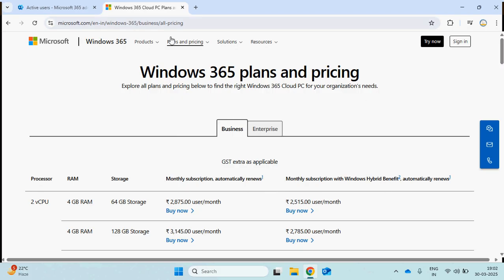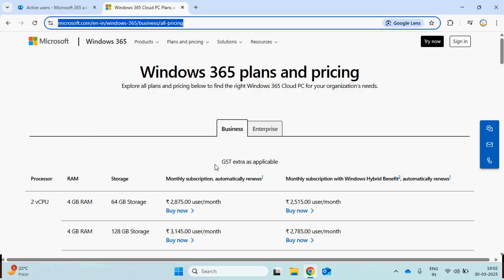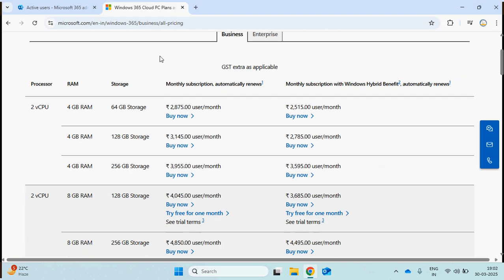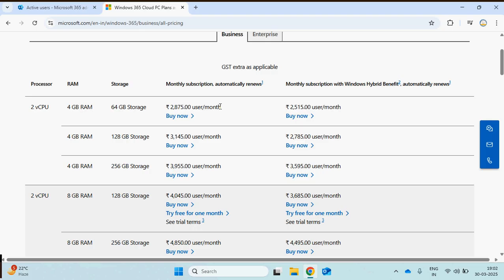If you log into this particular Microsoft website, you can see the difference between business pricing and enterprise. If you start with the business plan and the least version, you have two virtual CPU, 4 GB RAM, 64 GB storage. The charges will be 2875 Indian rupees per month.